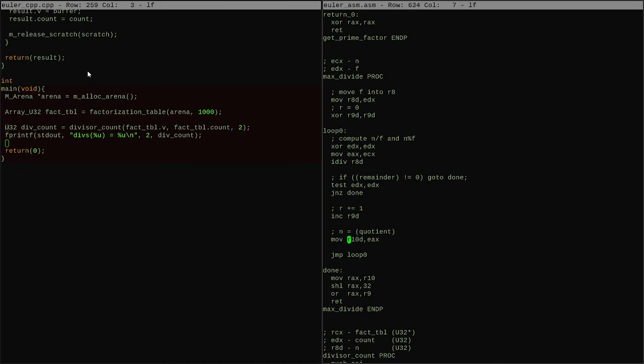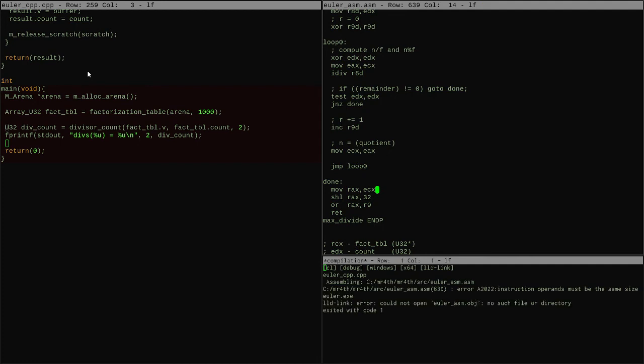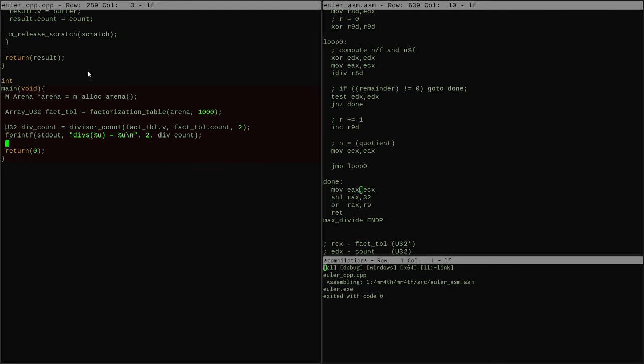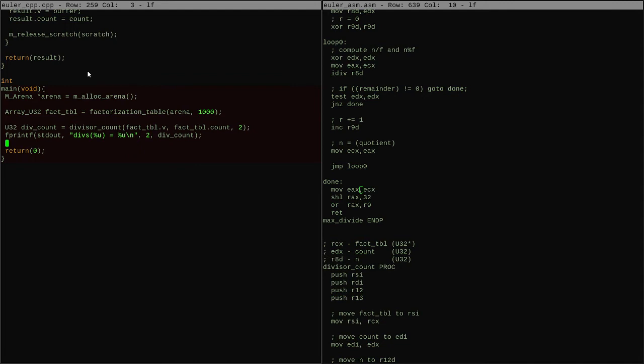So what I meant to do here is change this to be ECX. And I need this also to use ECX now. EAX. Cool. And if I take this back to the loop,